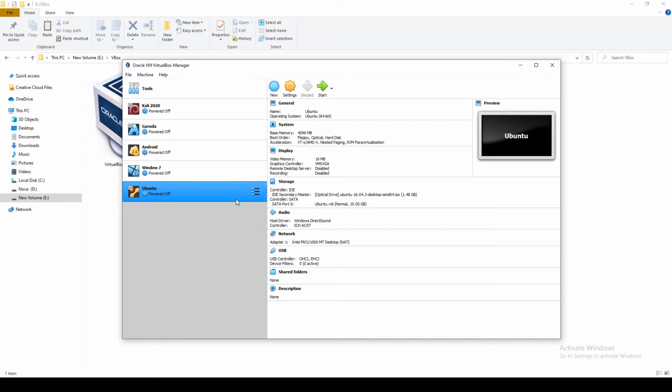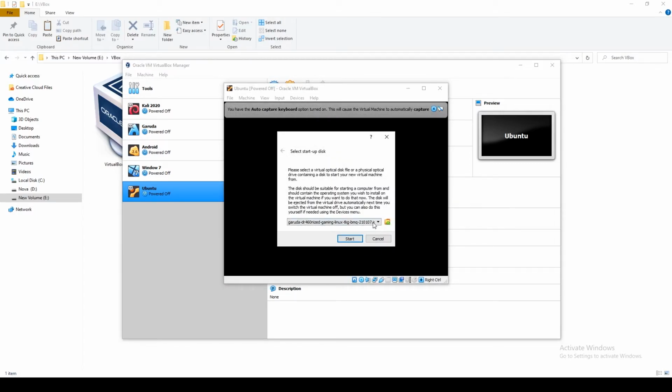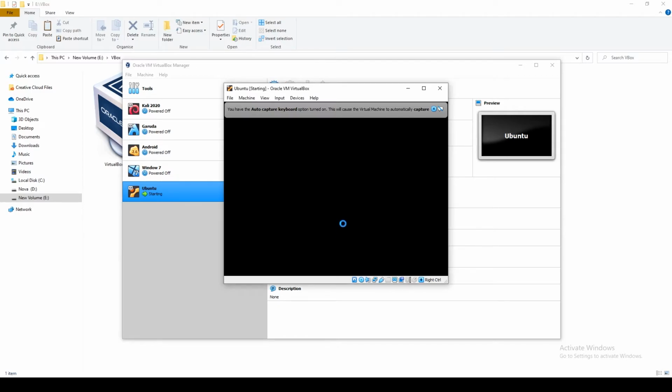So let's start the system. Click on Ubuntu 16.04 version. This will just make sure that the startup disk we are using is Ubuntu.